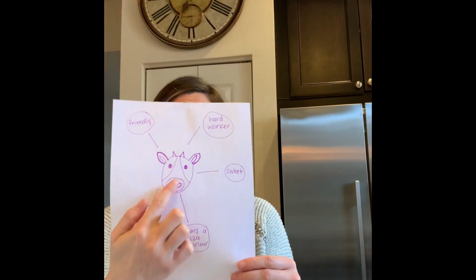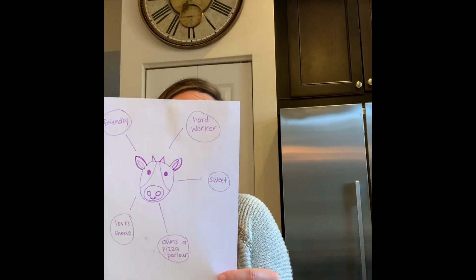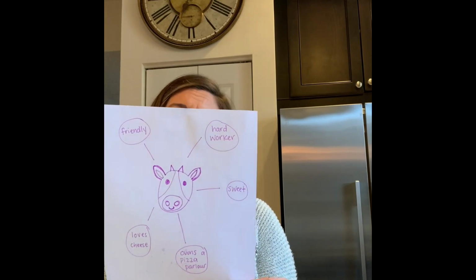Maybe that page where you sketched your character and you wrote some things that you know about your character, maybe that will help you decide what you want your character to do and how you want the story to go. It takes authors and writers a really, really long time to come up with their story,